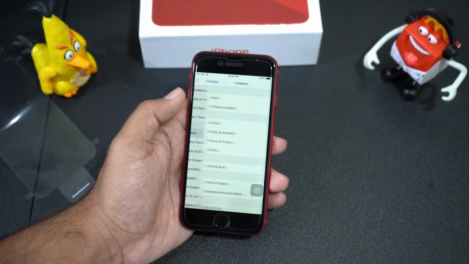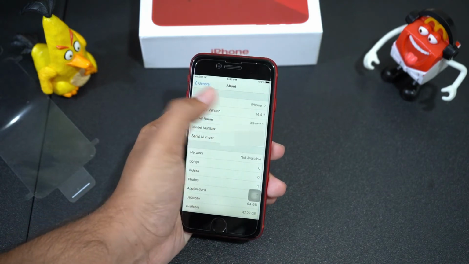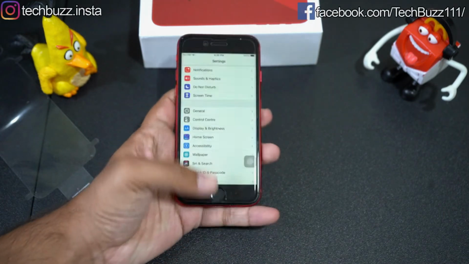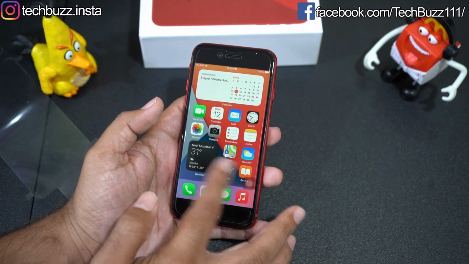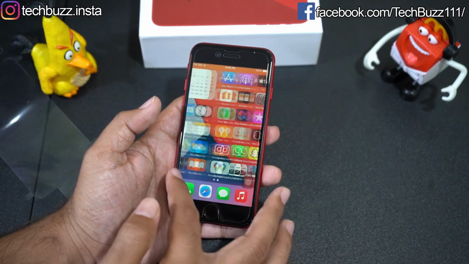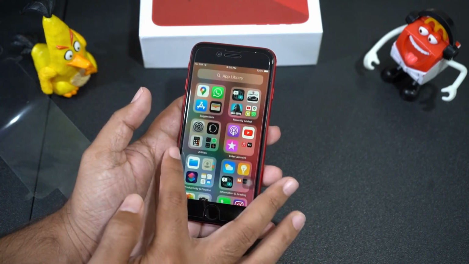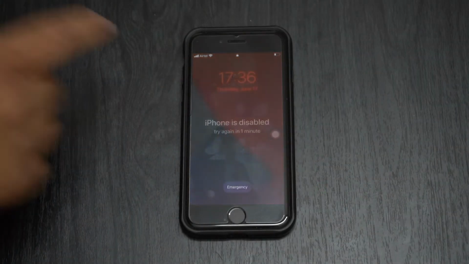If you are an iPhone user, you may know that Apple products have one of the tightest security systems, and bypassing it is really hard, especially removing the iCloud account. This situation mainly occurs when you bought a used iPhone with someone else's Apple ID already logged in, or you forgot the password of your Apple ID and now you are not able to download any apps to your iPhone. And today I'll show you how to remove Apple ID and lock screen password from any iPhone in just a few minutes.